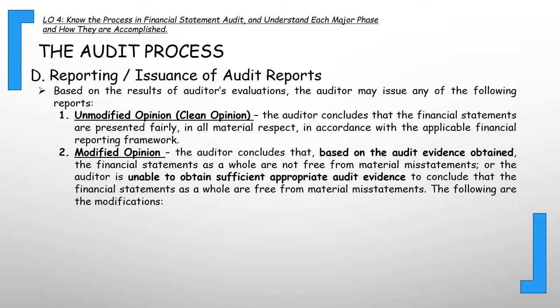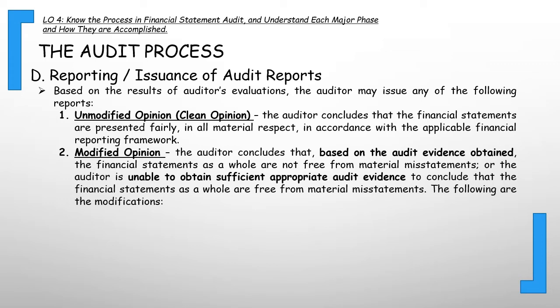Ito yung madalas na ini-issue in practice. Sa unmodified opinion, the auditor concludes that the financial statements are presented fairly in all material respects in accordance with the applicable financial reporting framework. Okay?